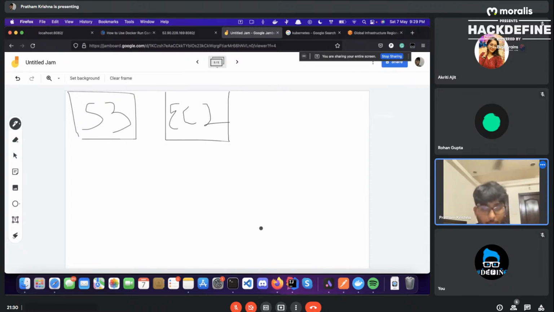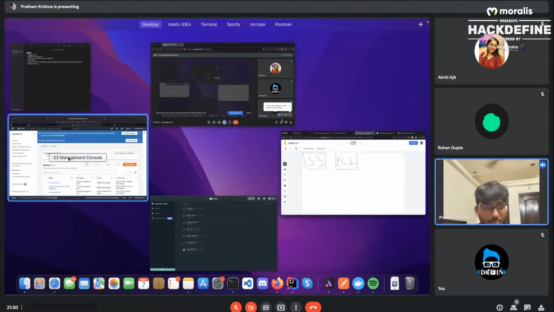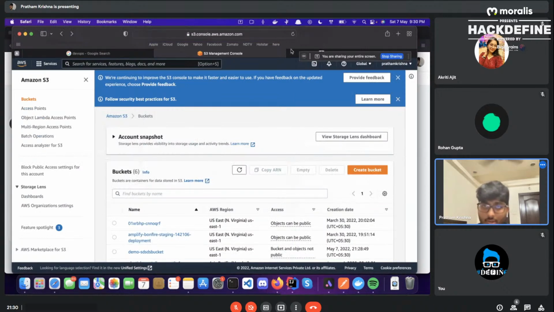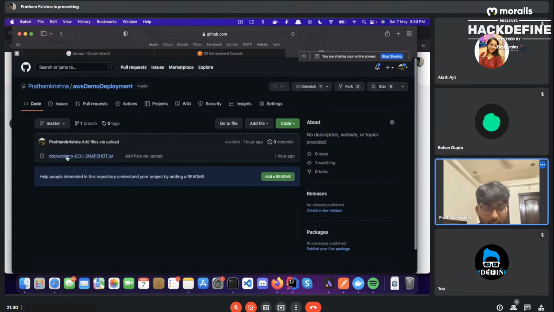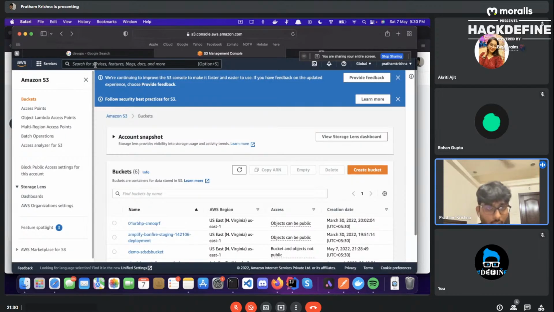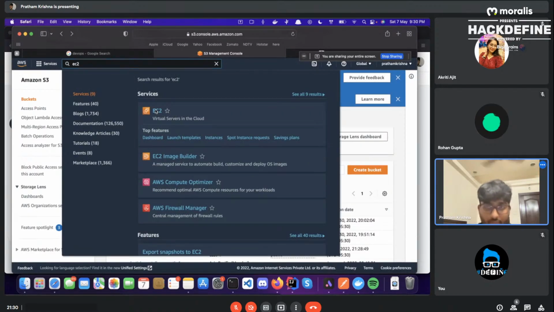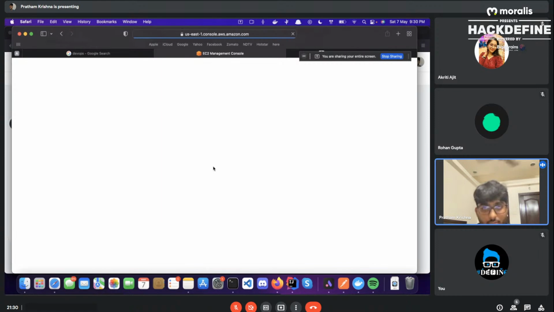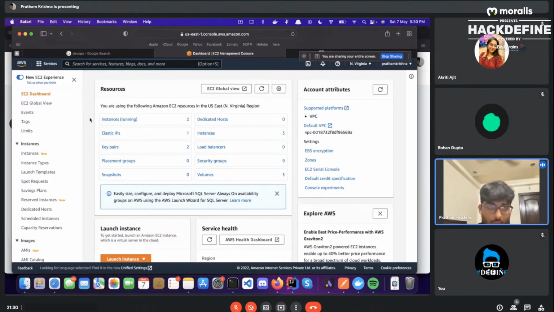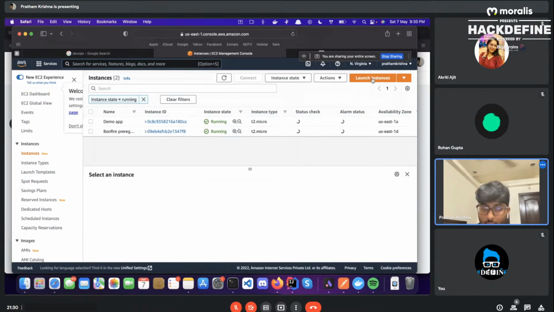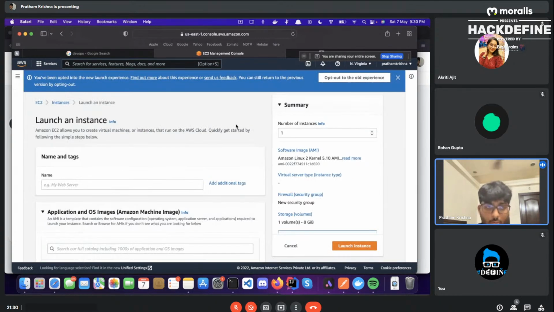Now coming to EC2, we'll deploy a Java application to the EC2 instance. I already have the jar file ready over here, and we're going to create an EC2 instance and deploy it so it's publicly accessible. Once you move to the EC2 section of the AWS console, you click on launch instances, and let us call it demo instance one.